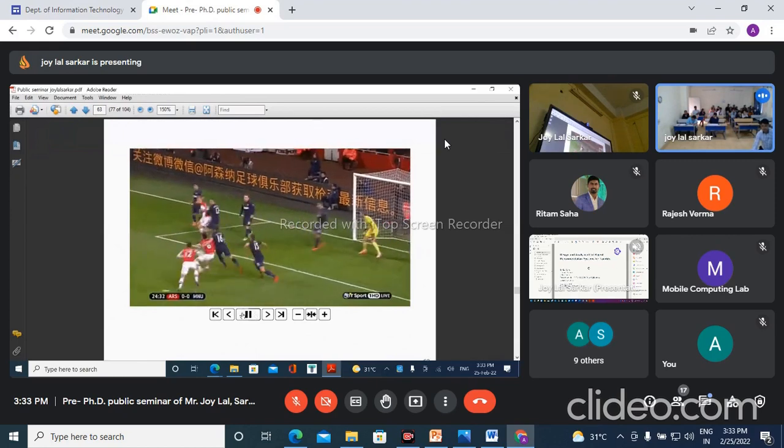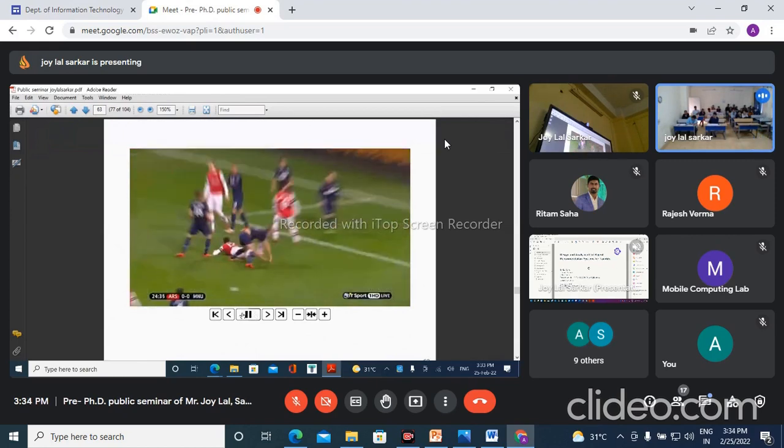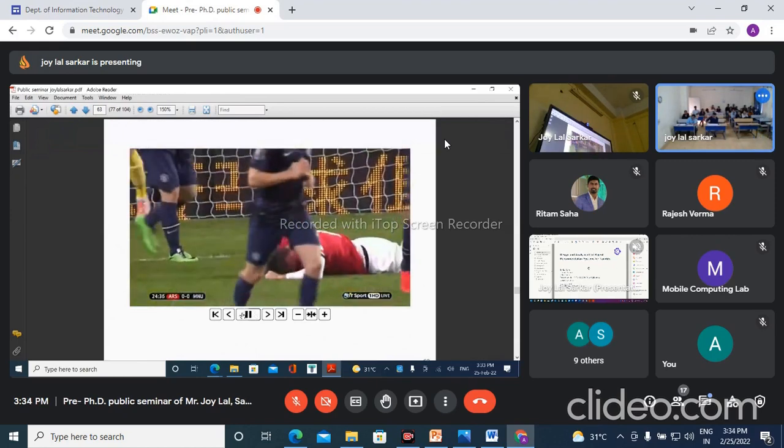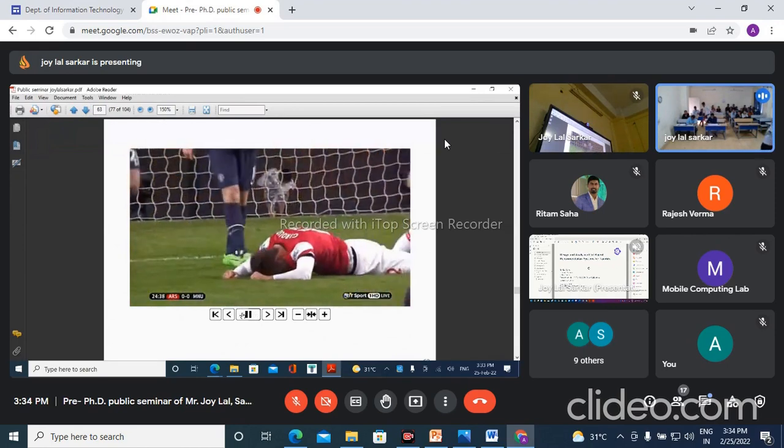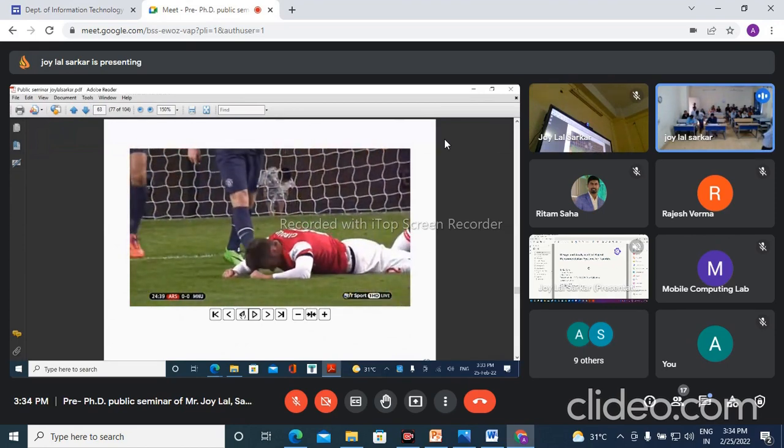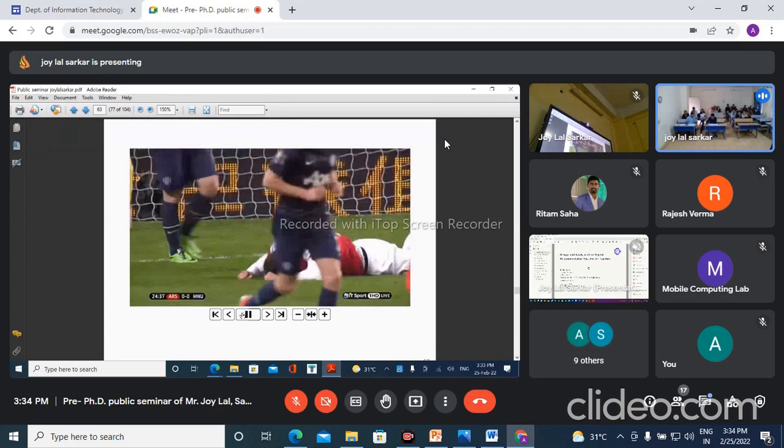You can see this is a football match. Maybe he is the loser, that person is the loser. This is obvious because two teams are there, one team of 11 members and another team of 11 members. One team has to win. In football, a match is very interesting, so that's why I have added it here. So how to recommend this?